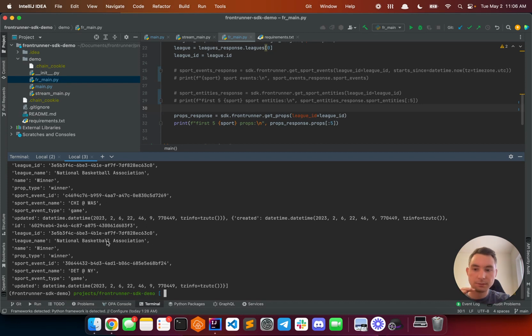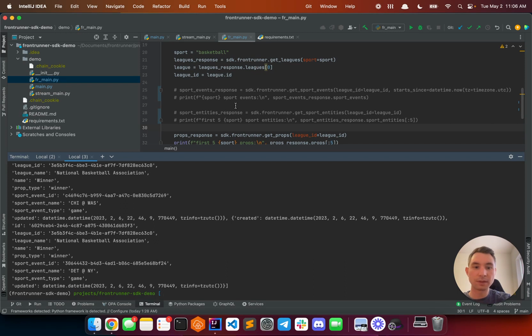So this kind of shows the data that we can get from the Frontrunner API as part of the SDK. And this is an important supplementary action alongside the Injective operations, which again wraps Frontrunner operations, Frontrunner use cases around the Injective SDK. So these two together really unlock a lot of potential to build on top of Frontrunner markets. And we'll be adding more functionality to the SDK as we see additional use cases or useful enhancements. So that was the demo